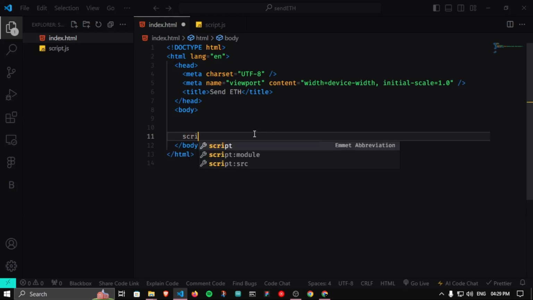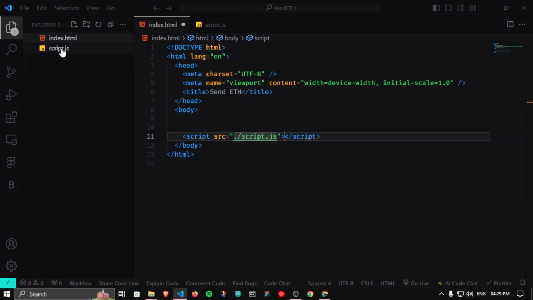How to link? Just write script, and you can see this abbreviation. Just press enter, and here write the name of your file, which is script.js, which is lying side by side with this. Or you can just simply write script.js. This is to make sure the path is from root, because both files are in root. Okay, so now our script is added,